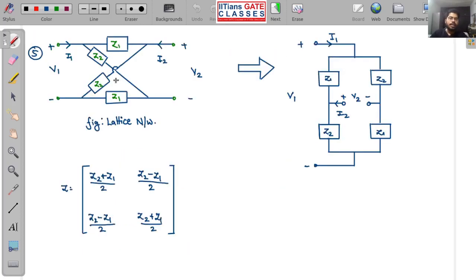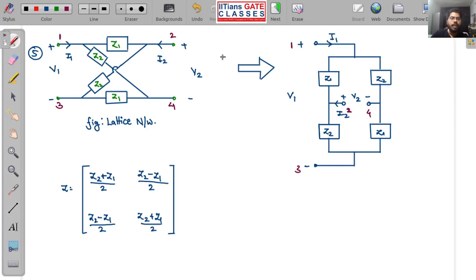Now the next we have is the lattice network. So I have converted this lattice network like this. How have I opened this? Simply I am following the same method. I will write this port as 1, this port as 2, this as 3, and this as 4. In between 1 and 2 you can see I have Z1. This is my 2nd port, this is my 4th port, this is my 1, and this is my 3. Now if you check, you will see element by element they are the same.